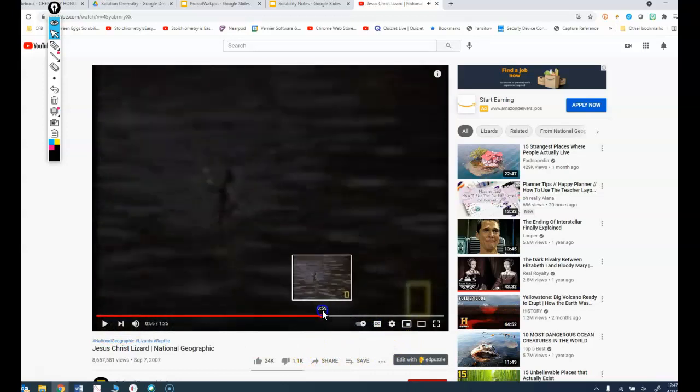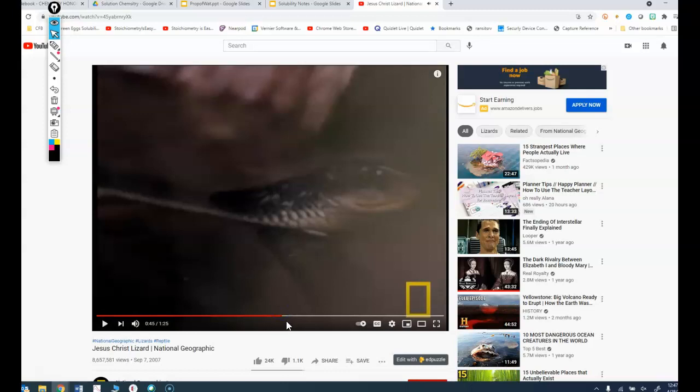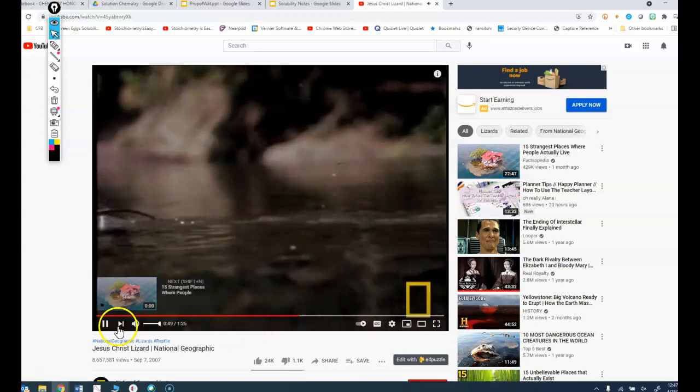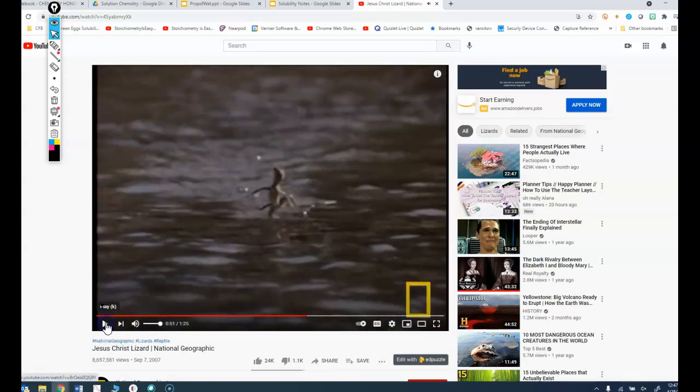Let's look at that one more time. Here he goes. He is running across the water. Here we go. Okay, so he is able to run across the water like that, not only because he's going super fast, because